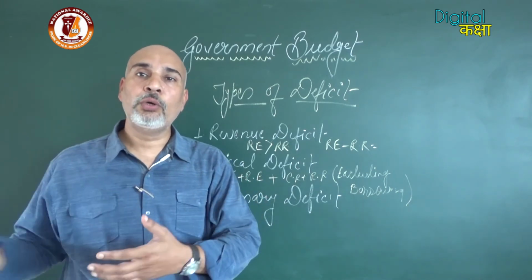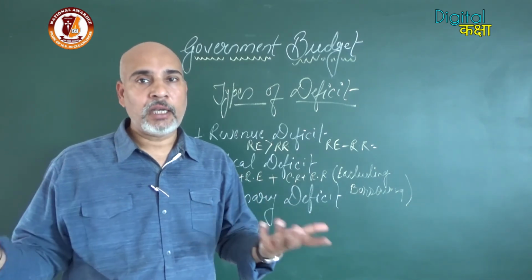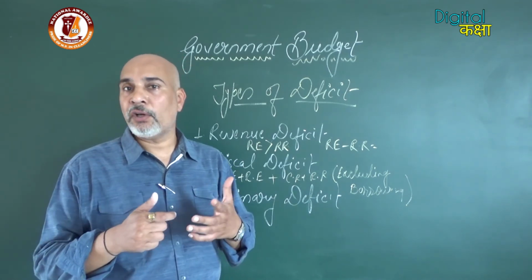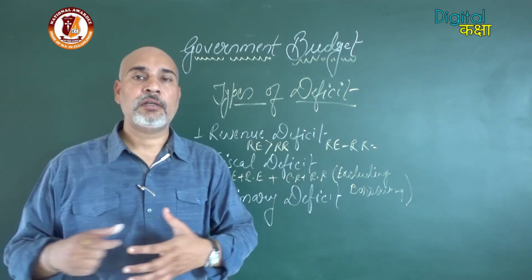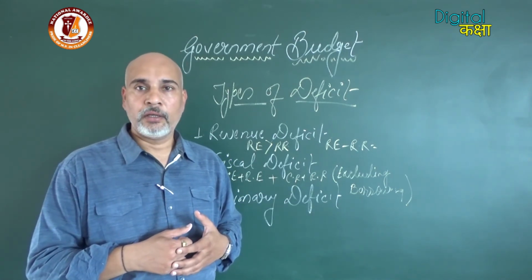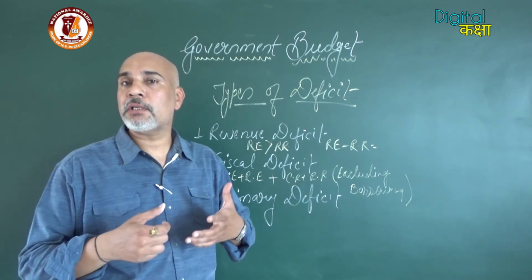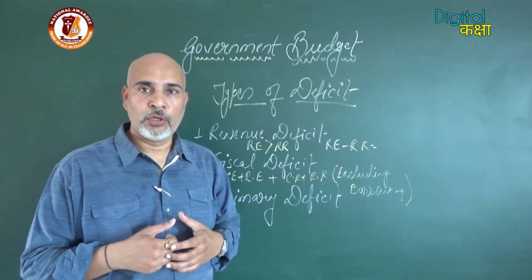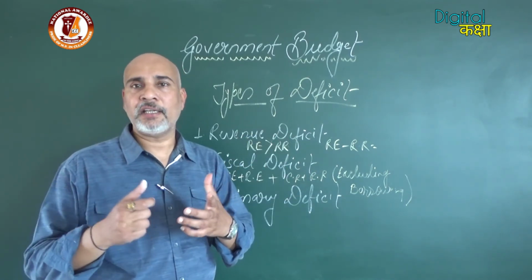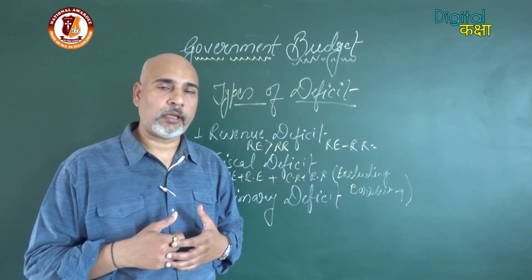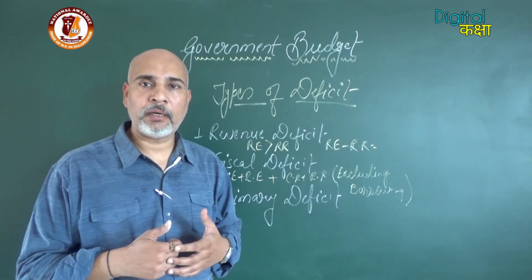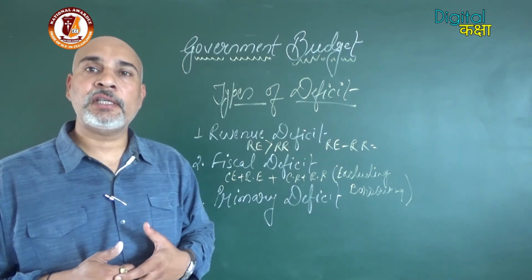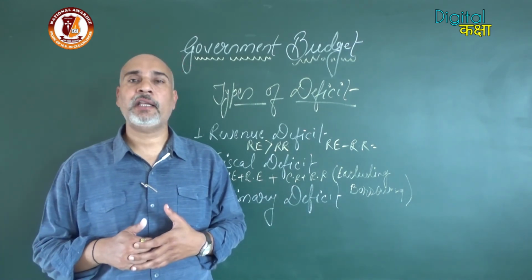Suppose you have taken a loan of 50 lakh rupees. That means the liability will be increased. You will have to pay the interest on 50 lakh rupees. In that condition, you will have to cut down your other expenditure. Clear? Your standard of living will also be affected, because a major part of your income is just going to repay the interest. So up to a certain extent we can say that is okay; for the welfare of the people, for development projects or other issues, we can borrow a loan. But if it exceeds a higher level, then it can create a problem.